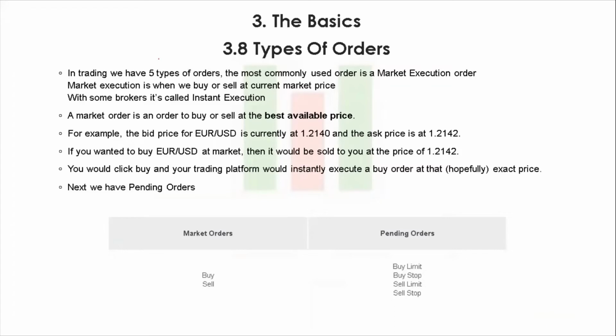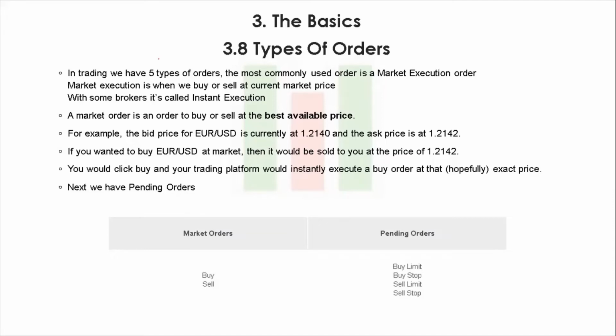With some brokers it's also called instant execution, but be mindful that if you trade with a broker with instant execution, your orders might be delayed and sometimes might also be rejected, because market execution is a faster technique of executing an order, if that makes sense. So it also depends on your broker. Basically a market order is a buy or sell order at the best available price. If you click buy or sell on your trading platform, it would instantly buy or sell at that exact price,